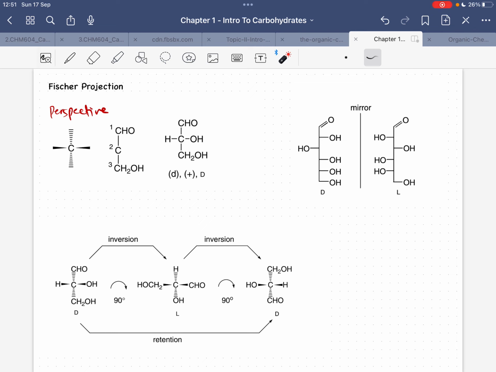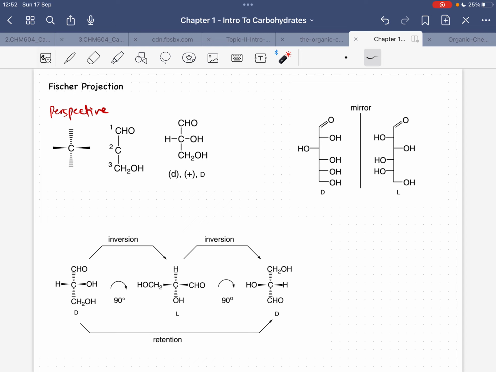And of course, sa Fisher projection, pag number sa carbon atoms is number 1 gyud dapat ang most oxidized carbon. And sa structure sa aldoses kay number 1 ang kaning CHO. Okay? Kay siya man ang pinaka-oxidized. Aldehyde oxidation level man siya. And sa unang panahon, nagtuwa ang mga chemist nga kung nagi kay D sugar,